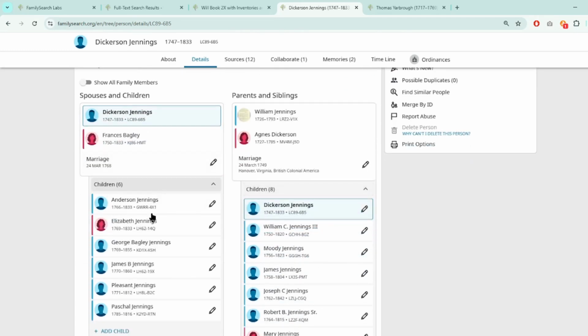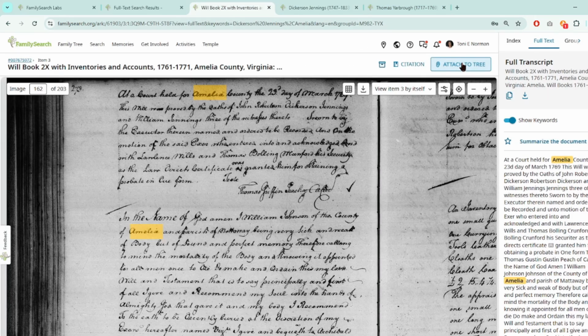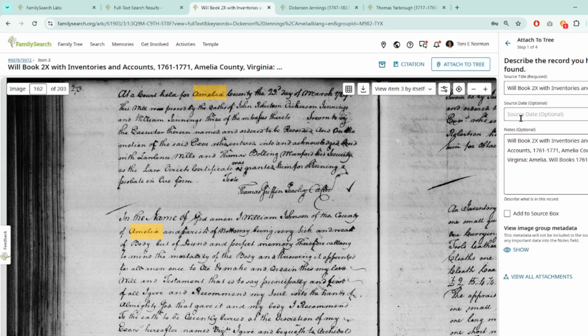Right now I'm trying to figure out, I have this, and this is pretty clear, but I'm trying to figure out if he is actually a son of this William Jennings, which I'm pretty sure is correct. So we have William Jennings, so it could be this William Jennings or this William Jennings. And since it's Dickerson, I don't know. Let's copy that number. And I want to show you, I could go back over here and say attach this tree, and I could put in the information and it has that. But I'm going to go to